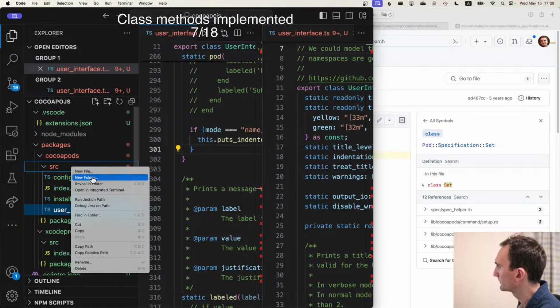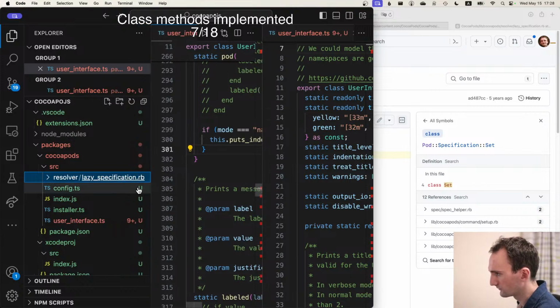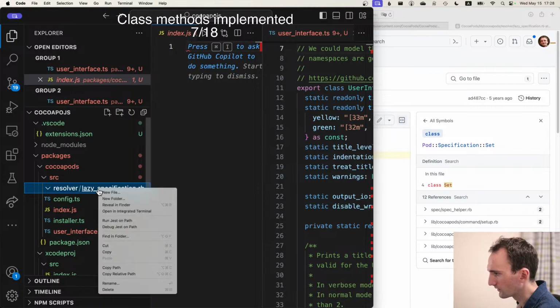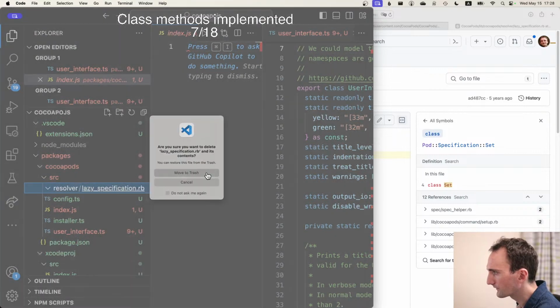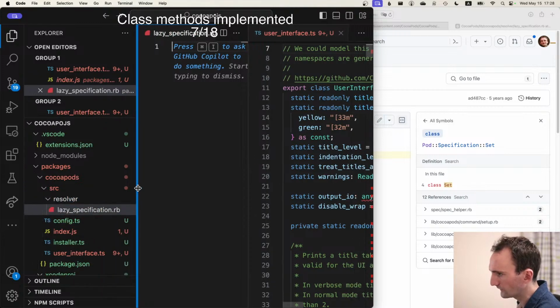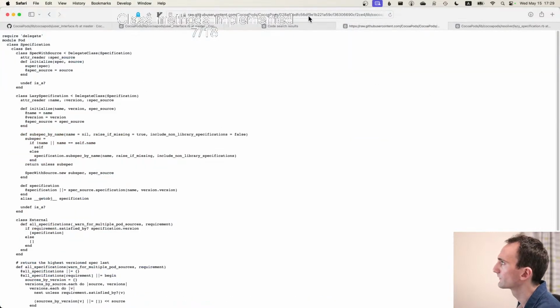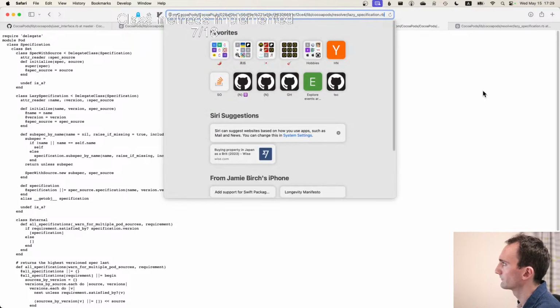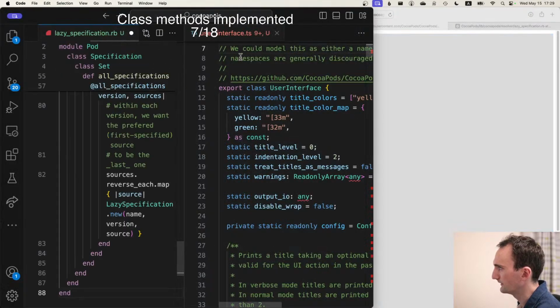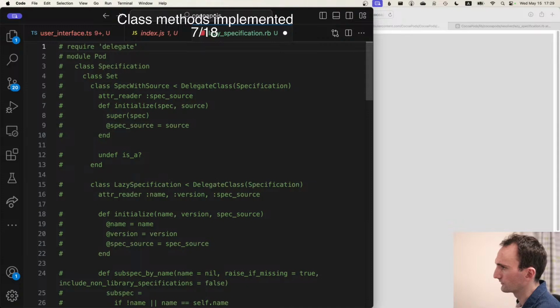So we're going to make a new folder called resolver, and it's a new file. Wait a minute. I thought it would automatically make a file for me. I thought that was the whole point of that feature. Alright. Lazy specification, and what we're going to do is we're going to grab this. That is an implementation for it, yeah. That's the original Ruby. We're going to paste it in here. We're going to hide this away. And we're going to comment that out and